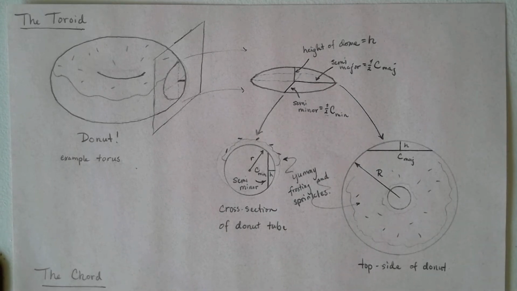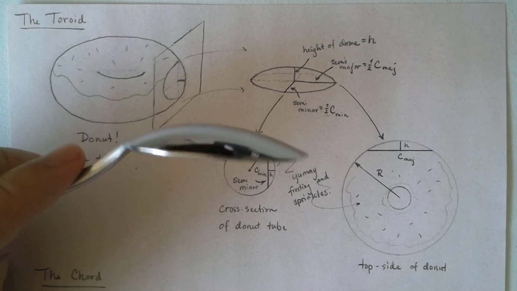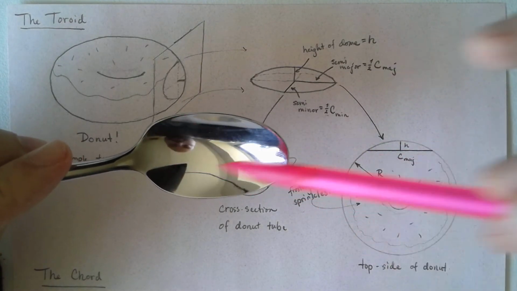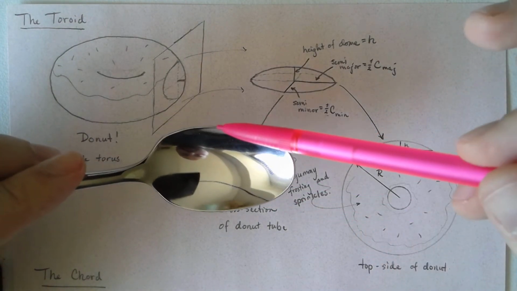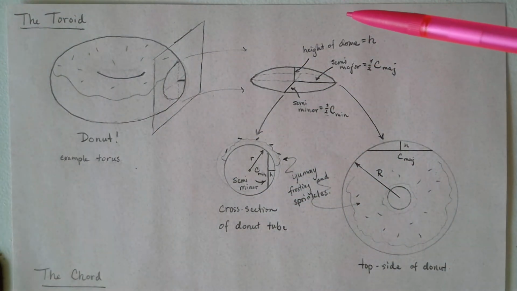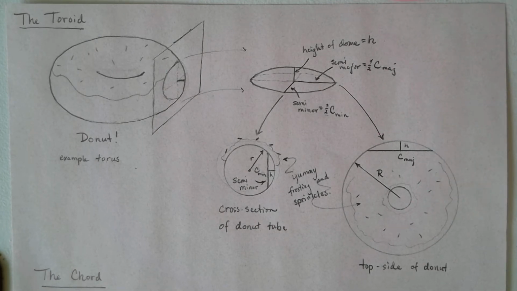Hi everyone. In this video I'm going to explain how we derive the equation to find the radius of curvature for our spoon when we look at the case for the two types of mirrors that we'd look at with the spoon. If you recall, a spoon has this particular bowl shape. It usually has a very long axis here and a shorter axis along here, which we'll define as the semi-major and semi-minor axes respectively,